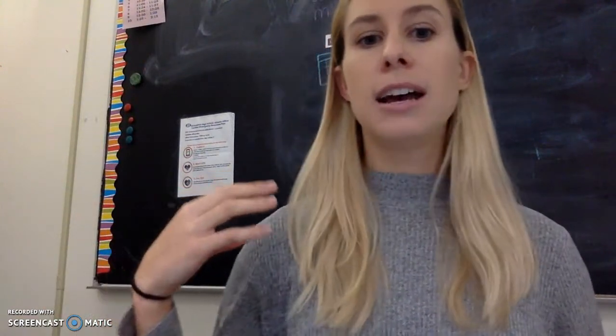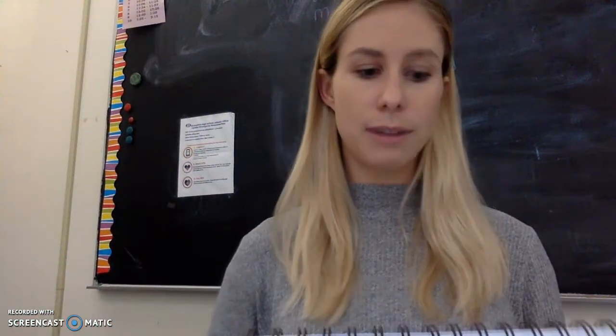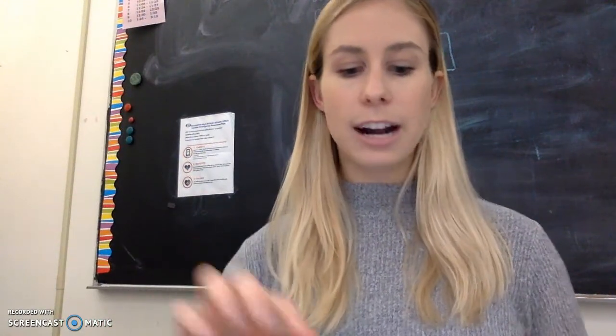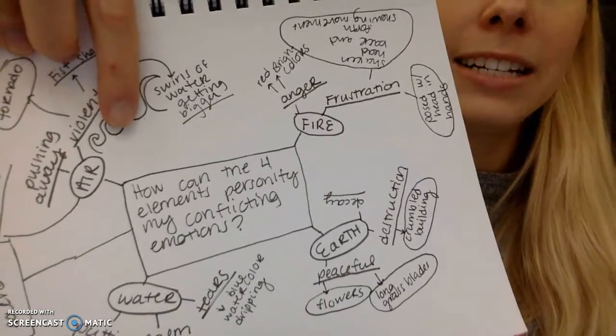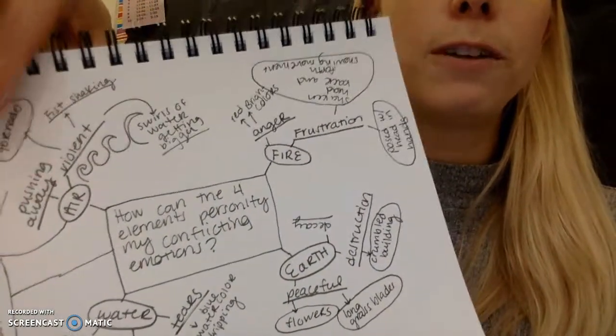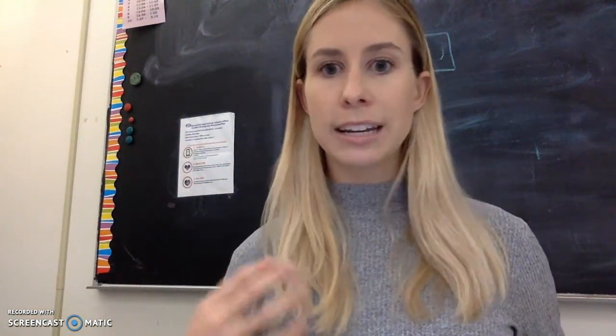Also under air, I put tornado, since tornado and different types of weather could represent air. And then I'm thinking of additional symbols. So what type of colors kind of go with this element? So I put down blue and white because those are more peaceful colors. However, under the section that I put violent, because air can also be violent, such as tornado, it might be different colors, like maybe a darker green or red color. So think about colors, value change,